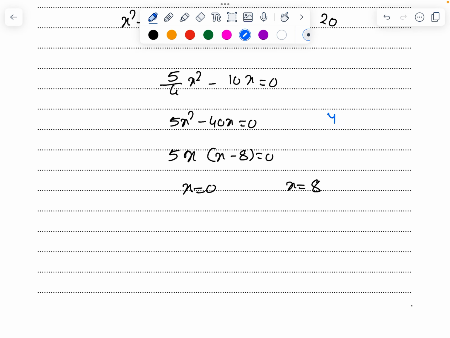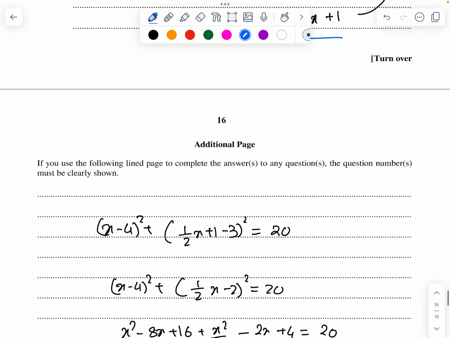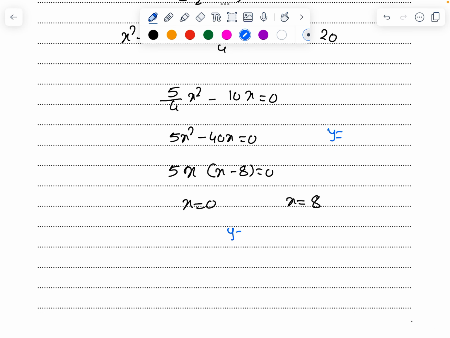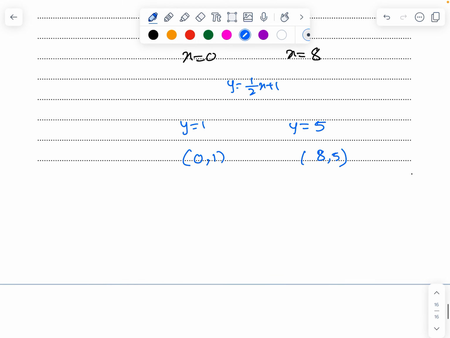But we know the equation y equals half x plus 1. In that case, y equals 1, and in this case y equals 5. So what are the points? (0, 1) and (8, 5). Once I got (0, 1) and (8, 5), the equation in this case will be y minus y1 equals